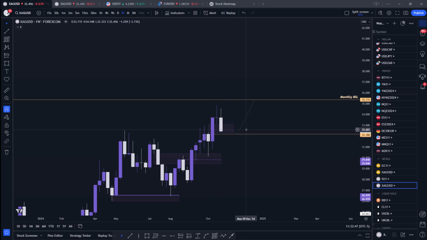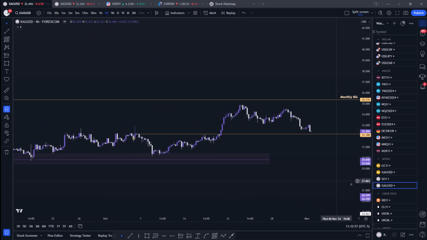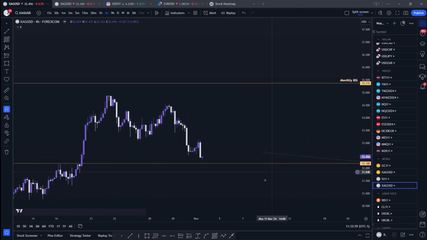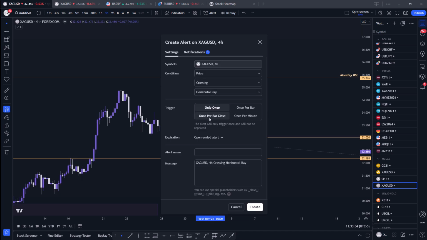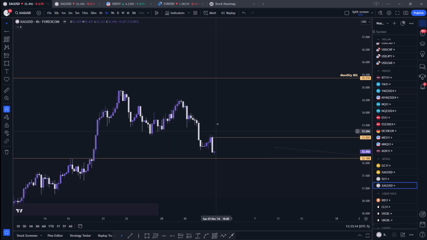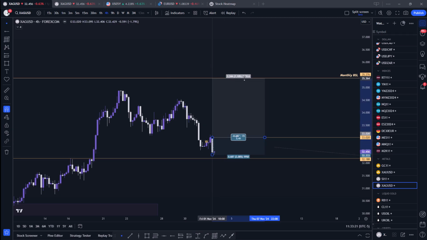You do not have to enter blindly from this fair value gap. I would urge that you look for a lower time frame confirmation. In this case, since we're working with a weekly PD array, we can look for confirmation on the 4 hour. So say for example, we closed above this area. Let's set an alert and label that as our H4 bullish order block. So let's say we closed above this candle, this becomes our bullish order block. Then we could have a setup that looks something like this, targeting that monthly buy side liquidity.